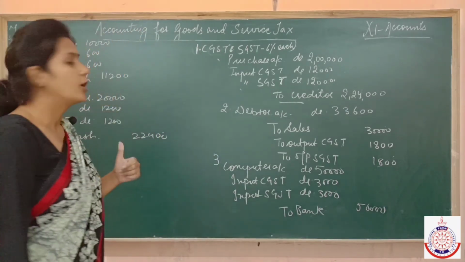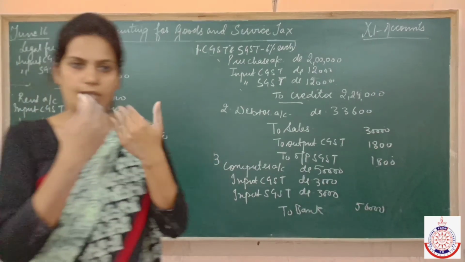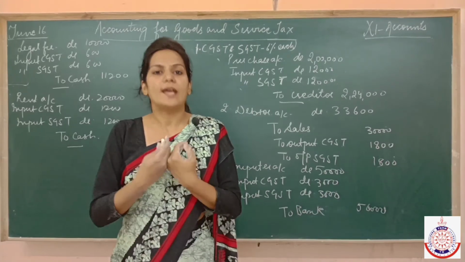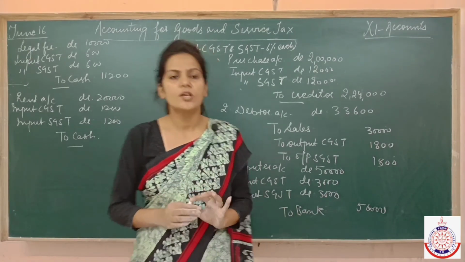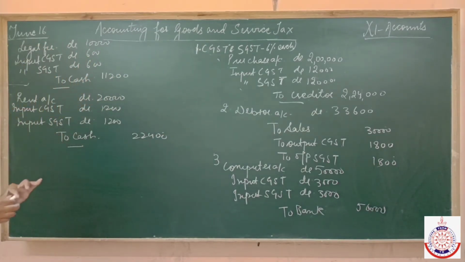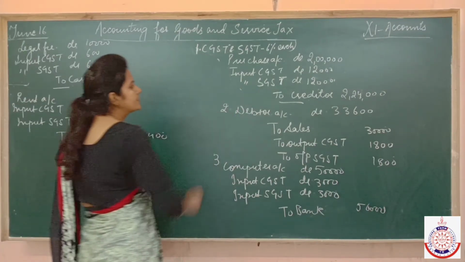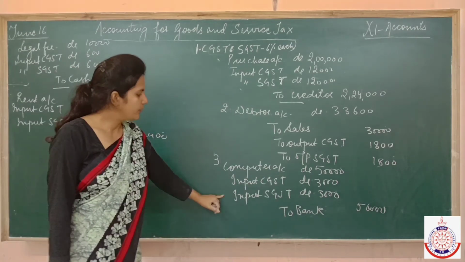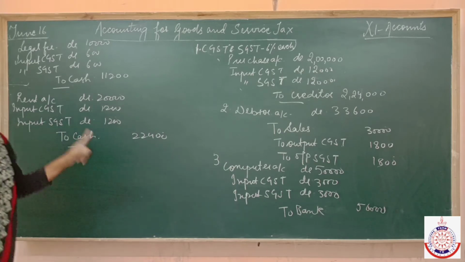Last was that now we have to pay GST to the government. As I told you, no, that if we as a business buy something, we have to pay GST. If we as a business sell something, we collect GST. Fine, this thing I told you. So now first of all check that how much actual GST we have paid. Whenever the word input is there, it means this GST we have paid. Output means we have collected. Input means paid, and output means collected.